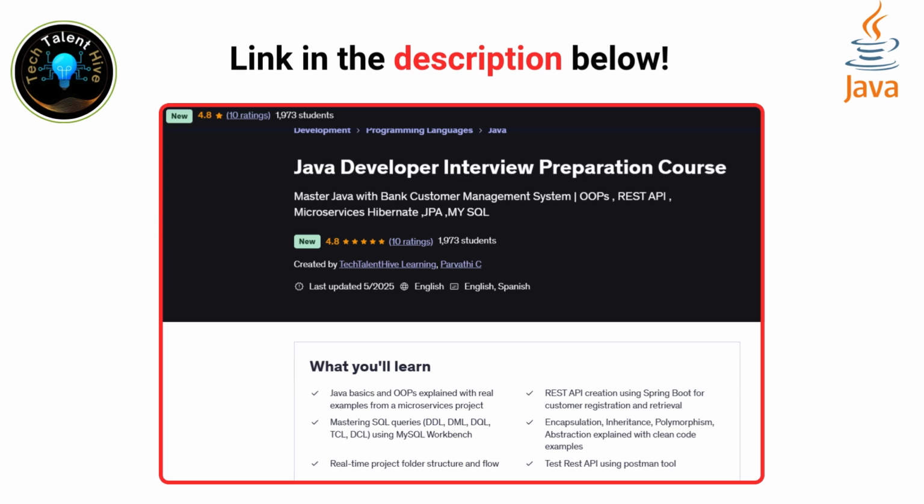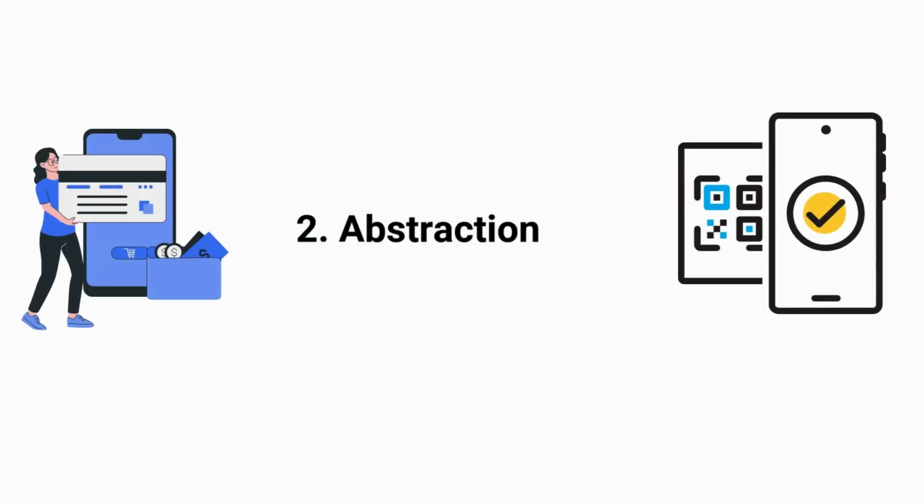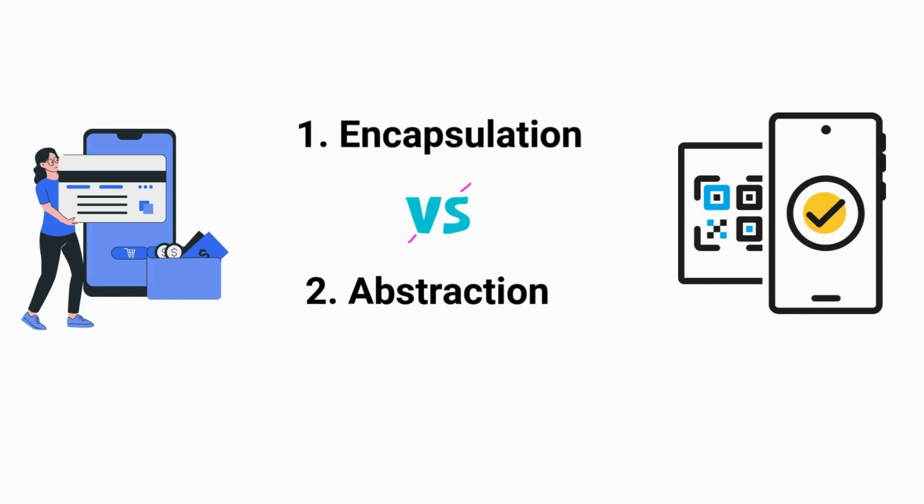Let's move on to this video. Abstraction means hiding complex implementation details and exposing only essential features. Previously, we saw about encapsulation. What it does